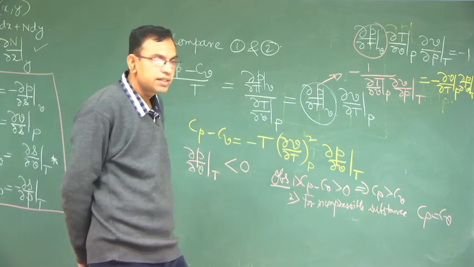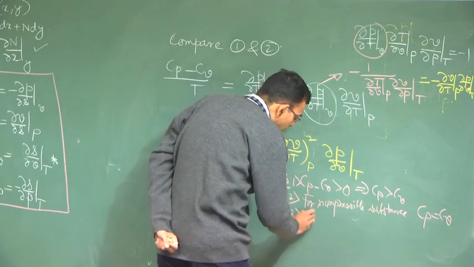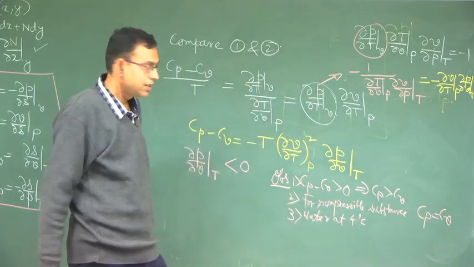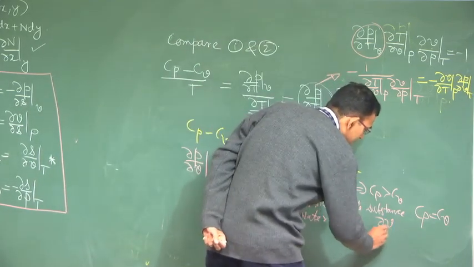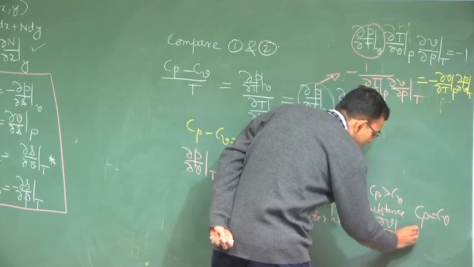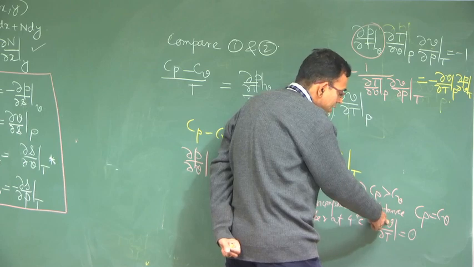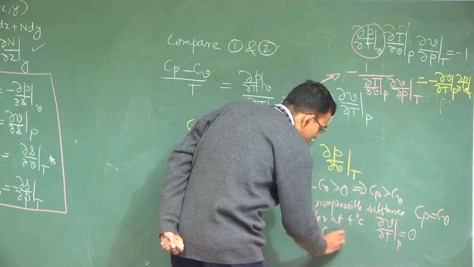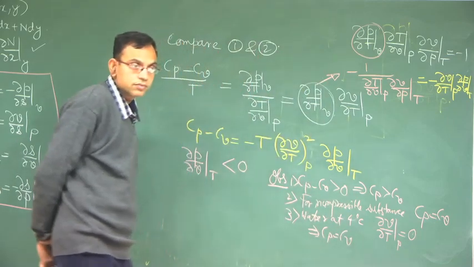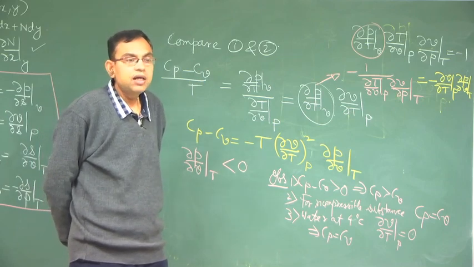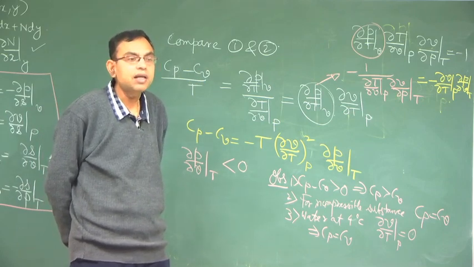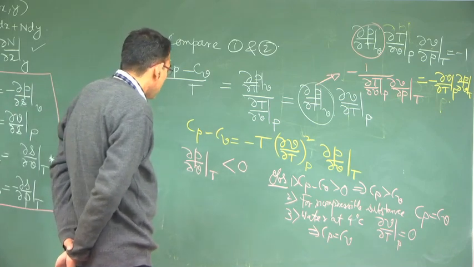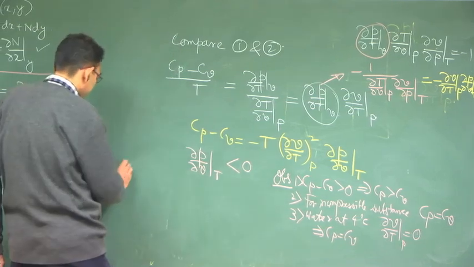Consider water at 4 degree centigrade. Water at 4 degree centigrade has maximum density, right. Because it has maximum density, its specific volume versus temperature derivative, which is a representative of 1 by density, will be 0, that means Cp is equal to Cv exactly. This is a very interesting situation where incompressibility is not exact, but Cp minus Cv equal to 0 is exact. And the final observation that we consider is ideal gas.